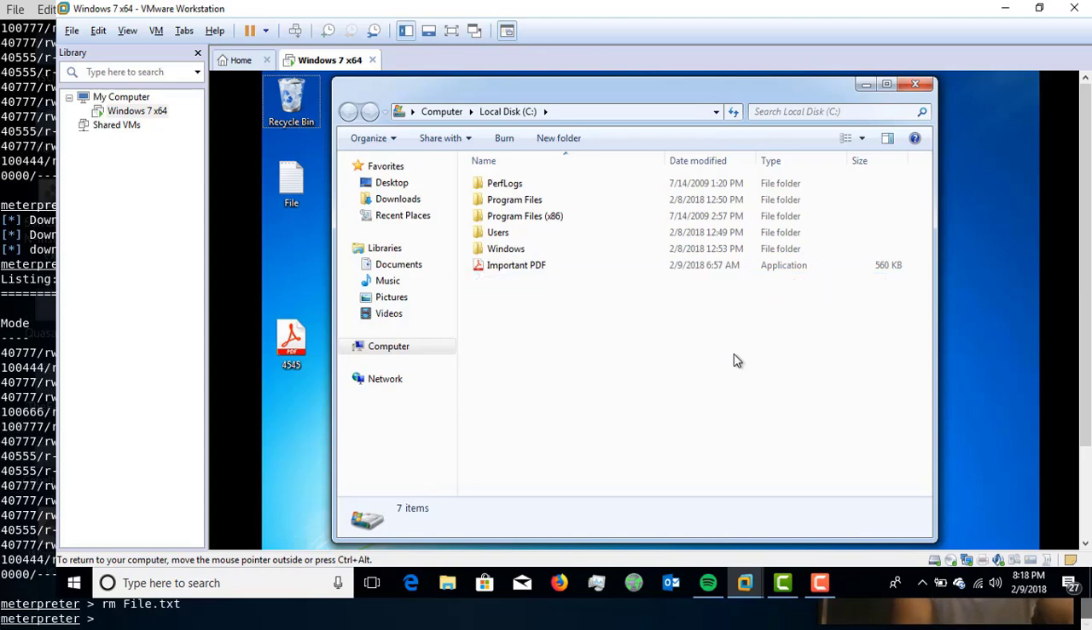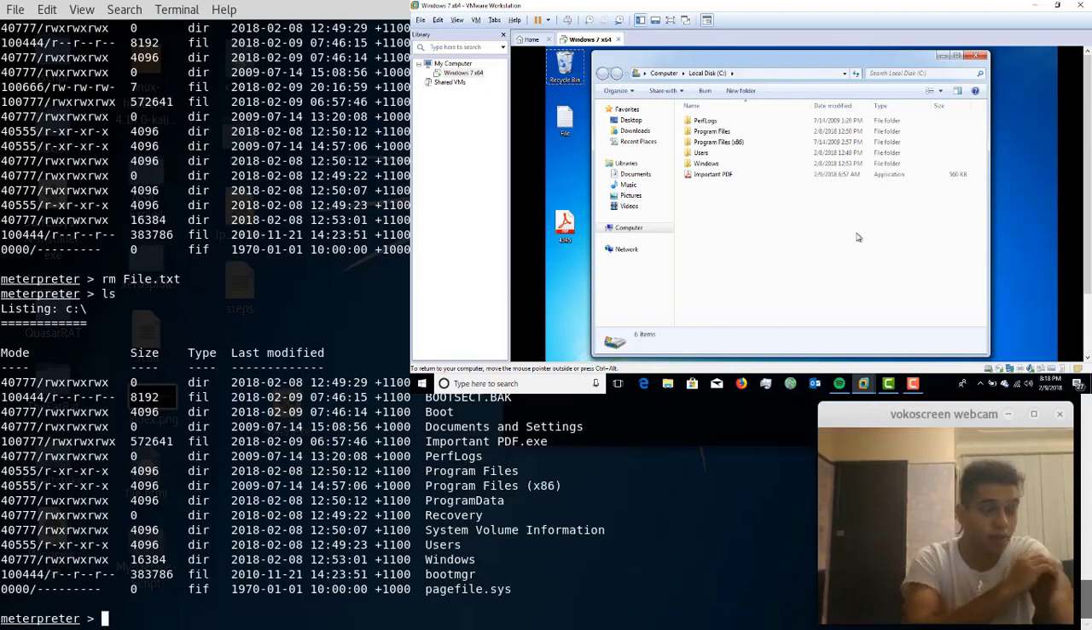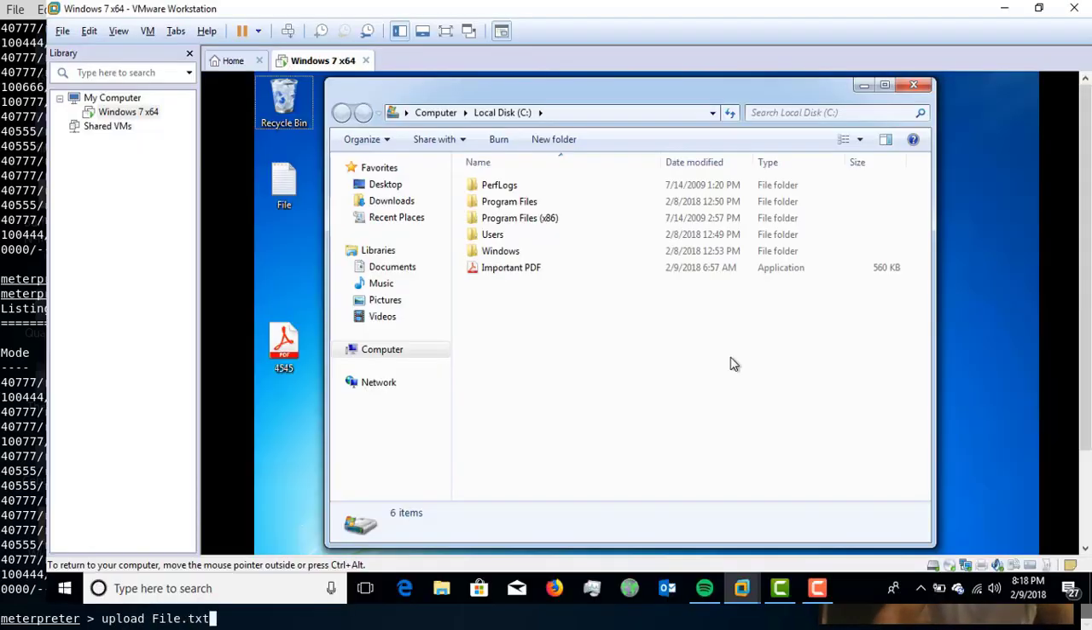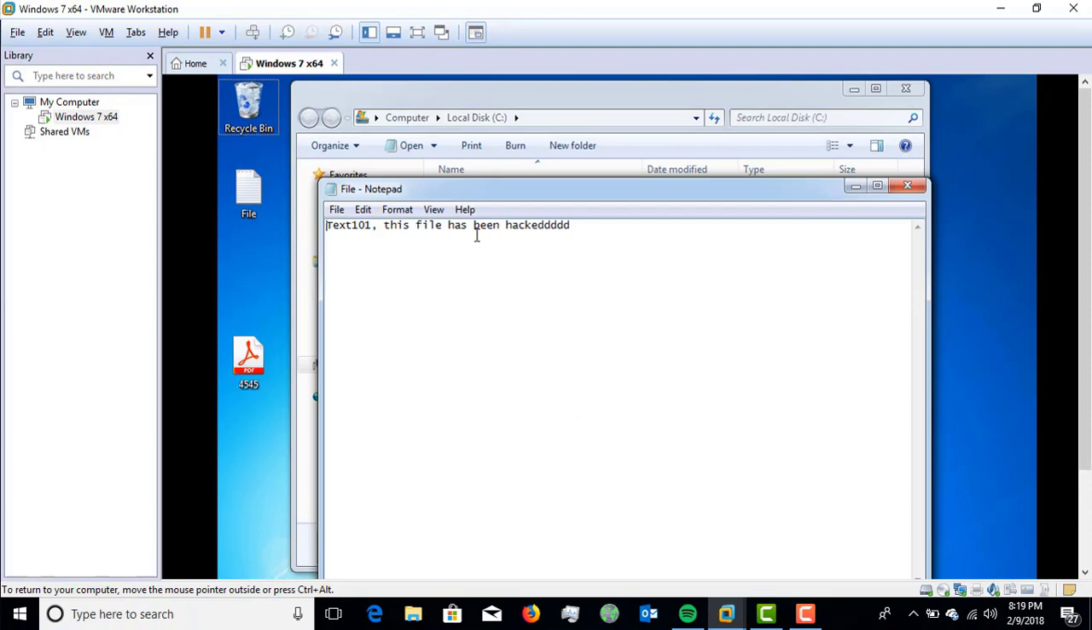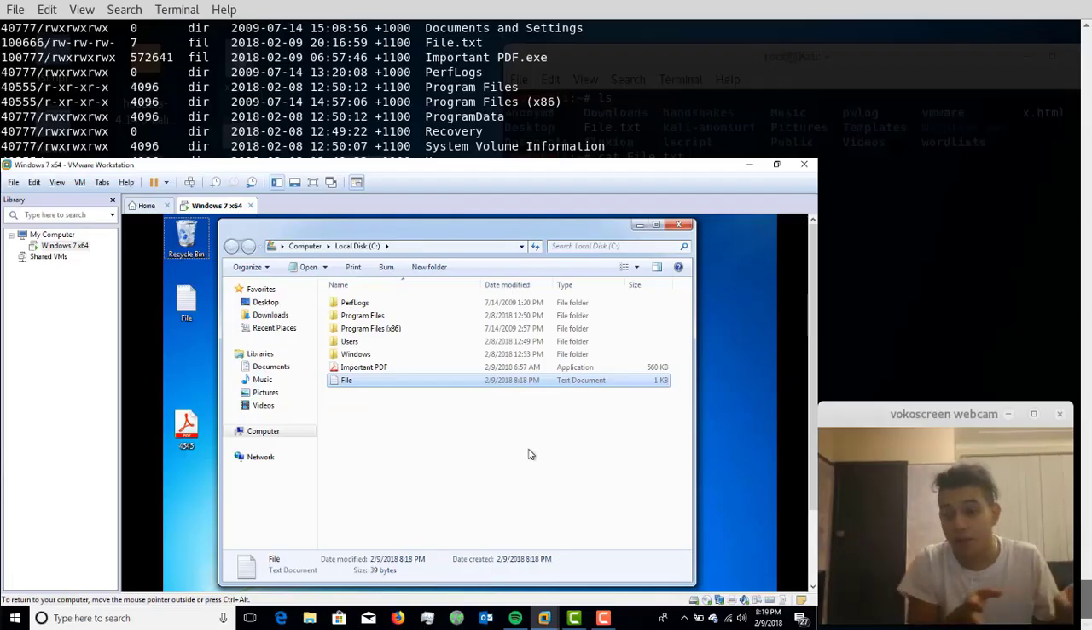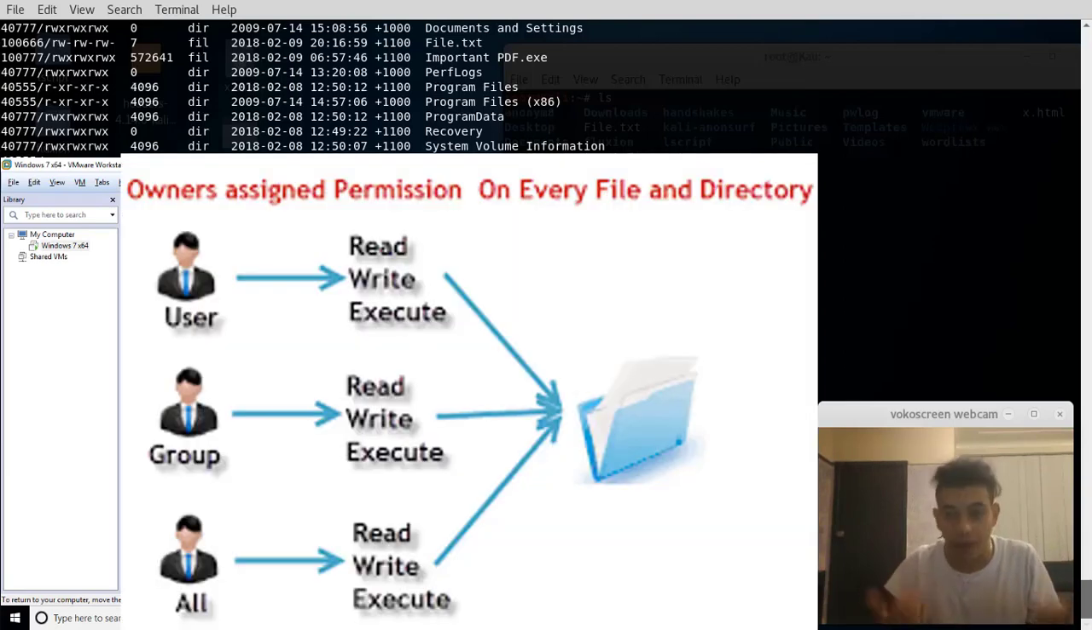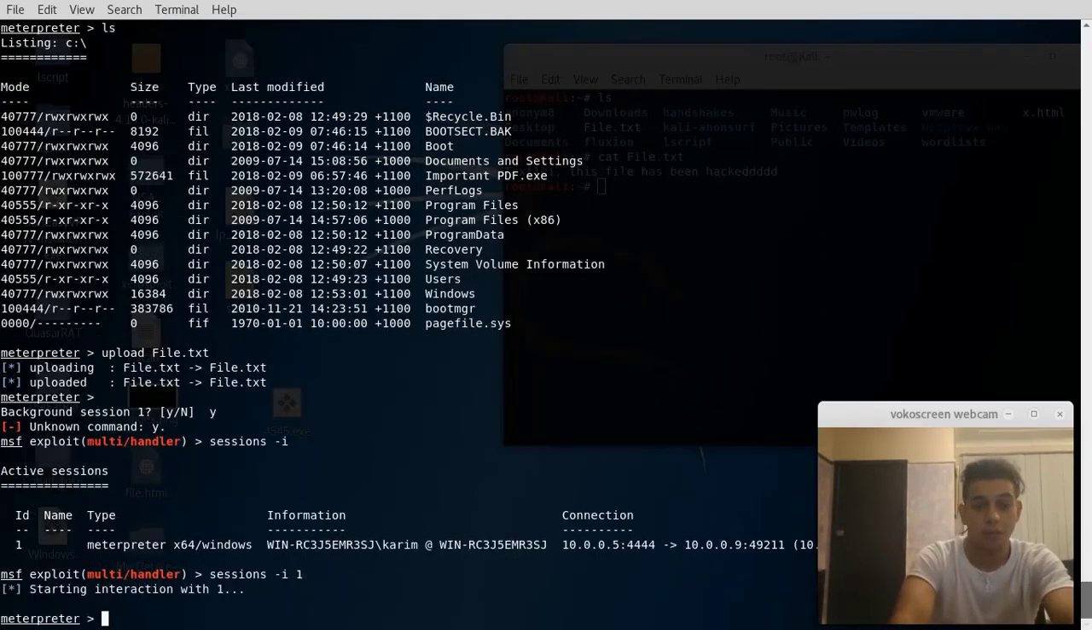Windows machine, verify it's removed, and as you can see it's removed on the Windows now, and we will write upload file.txt. So now this file is uploaded again, and it says text, this file has been hacked. So this example was purely to show that you can read, write, and execute. Before we go into